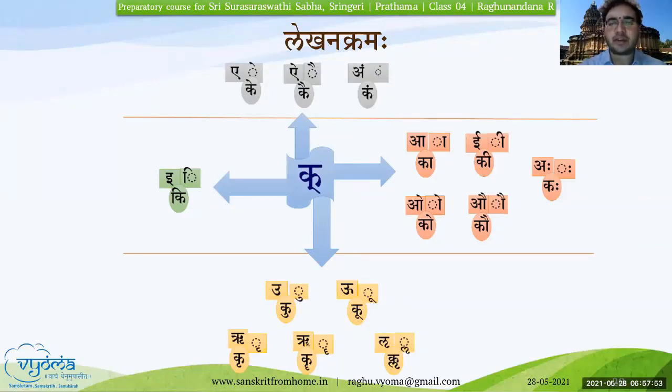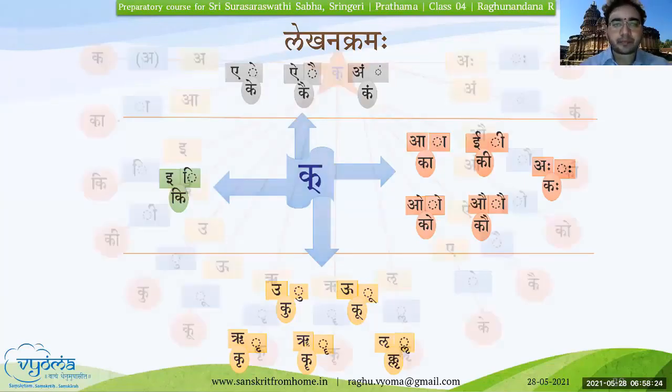So this illustration, this visualization will help us understand that only Ikara, that is Hrasva Ikara, is the only lipi, the Akshara representation, wherein we use the left side of the letter to write it. For most of the other letters, it is either to the right or below or above. Please make note of this so that it's easy for us to remember, so that while writing and reading it, it will be in a better position.